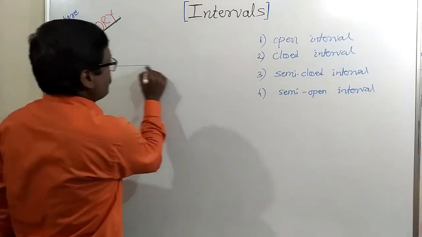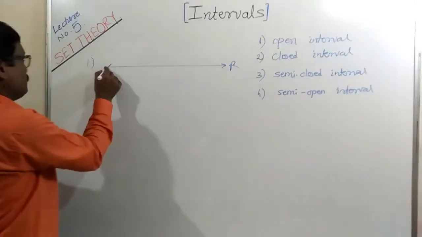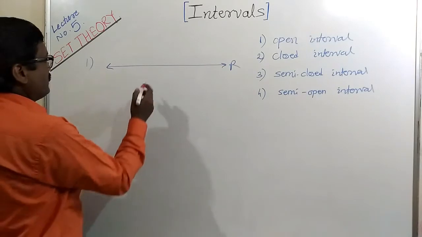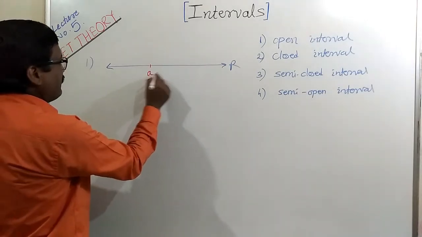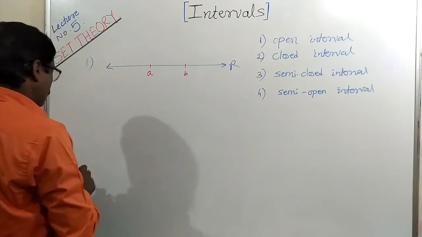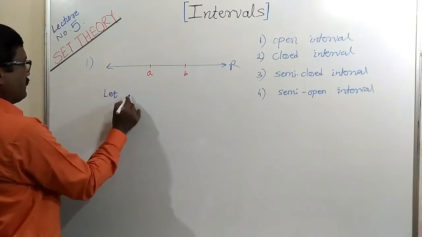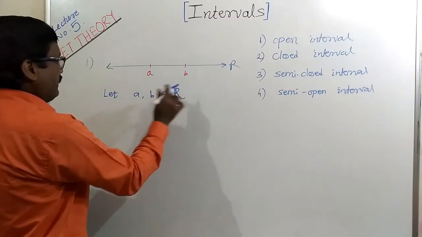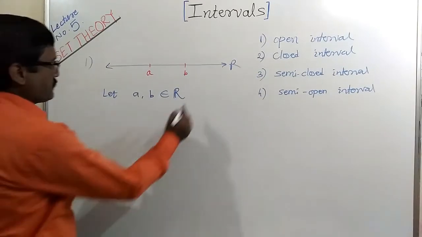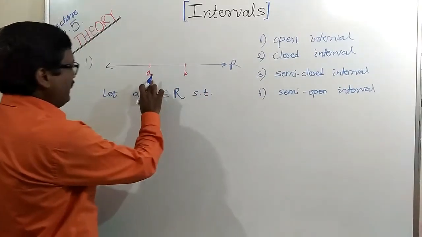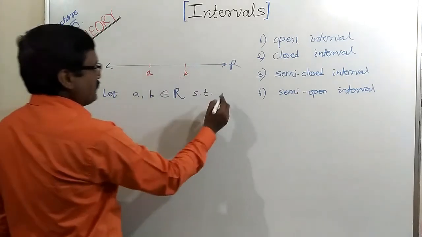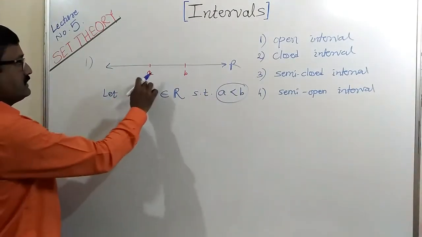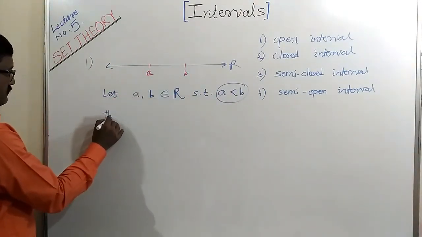If suppose this is a real line, and on this real line, if suppose there are two numbers A and B, so we can write here, let A, B belong to R, means A and B are any two real numbers, such that here A is to the left of B and B is to the right of A. So these two numbers are such that A is less than B. That is important. Here A is less than B. Then